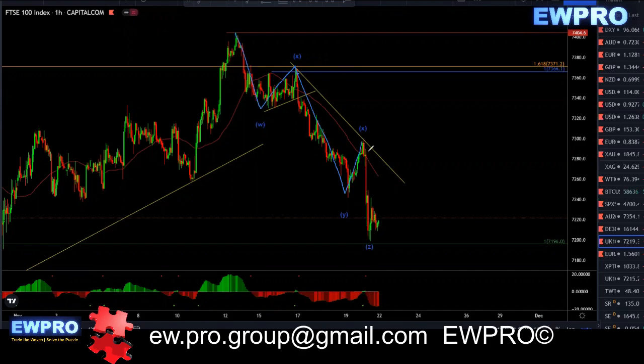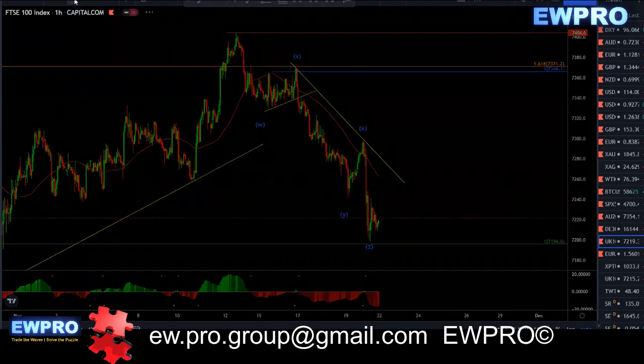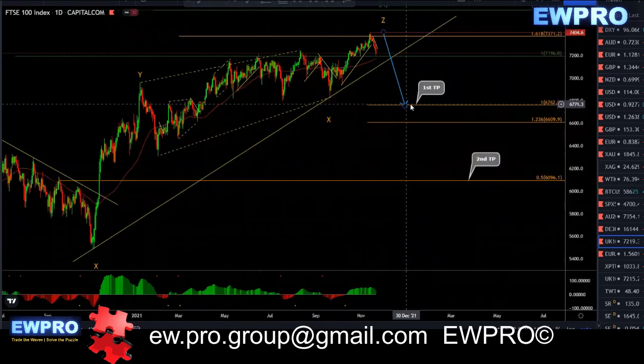We didn't quite have bear hidden here, but we got a Z down. We don't have any bullish divergence. So I'm looking for more downside. More than likely, it's looking bullish in here for another one up. Maybe it'll give bear hidden in here and then another one down or a larger correction. But either way, I'm looking for that sell down to at least that first target, because this